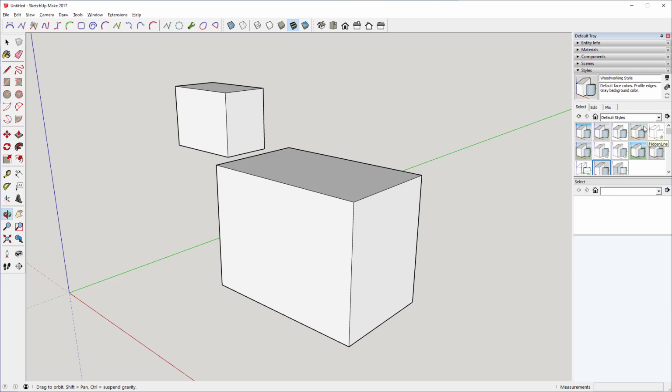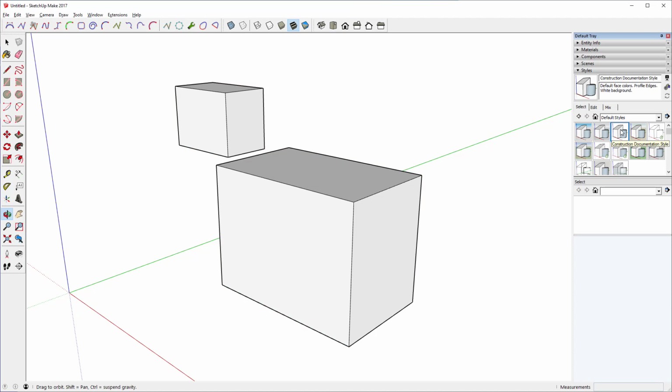And within here, under default styles, you have about a dozen different options. The one that you'll typically be using is probably woodworking. I find this is kind of easy on the eyes in terms of the brightness of the screen. The other ones that I'll use are construction documentation